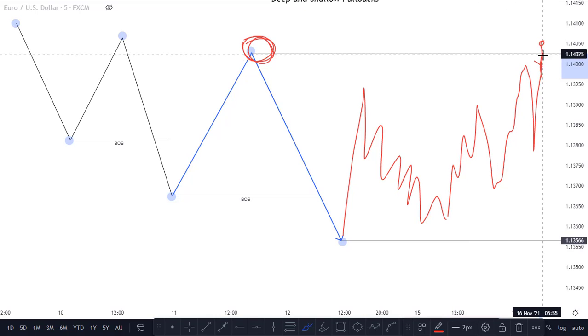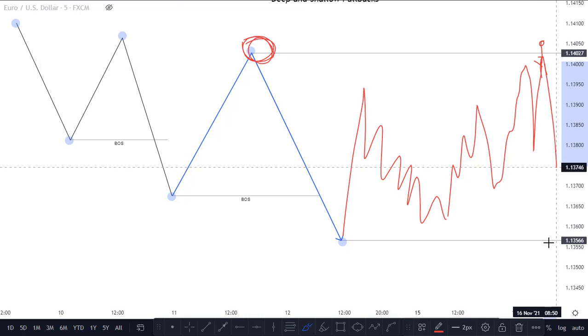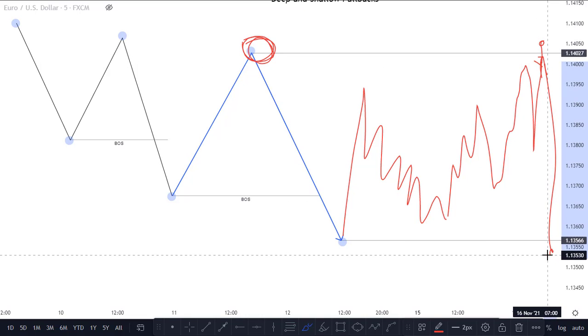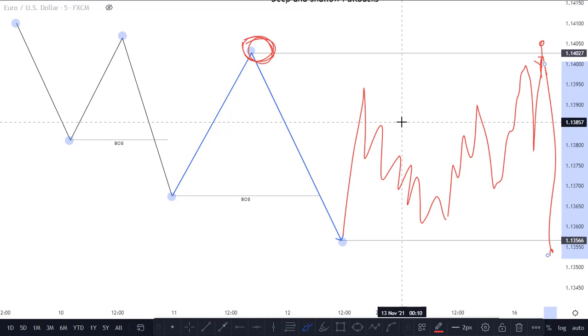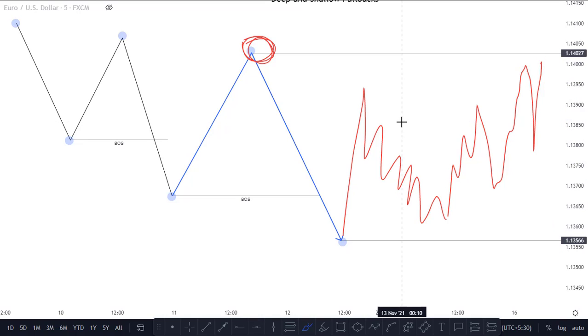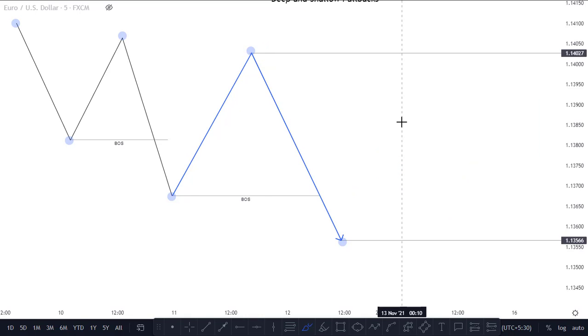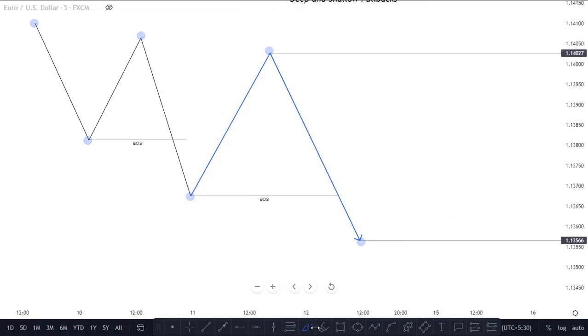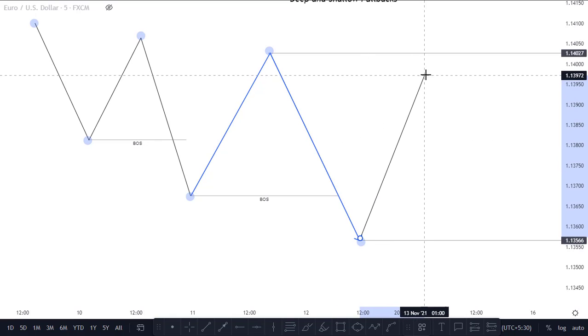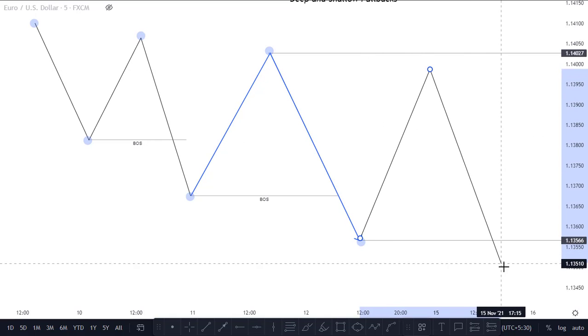It should stop on this area and start trading all the way down. So you have to understand that before we continue. Now this is a good example of what we call a bearish range. In a bearish range, we expect the market to create a pullback and then go down to create a new lower low,